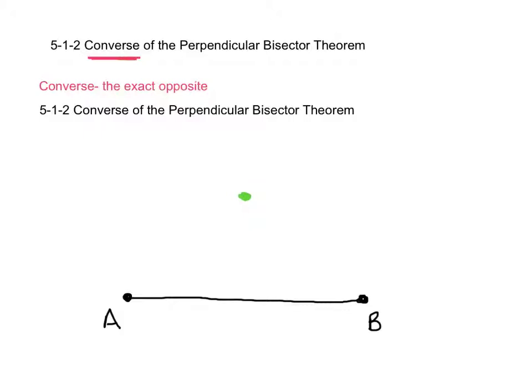You can call it point C. If you were to draw a segment from A to C and from C to B, and you know that these two green segments are congruent, our converse, 5-1-2, tells us that